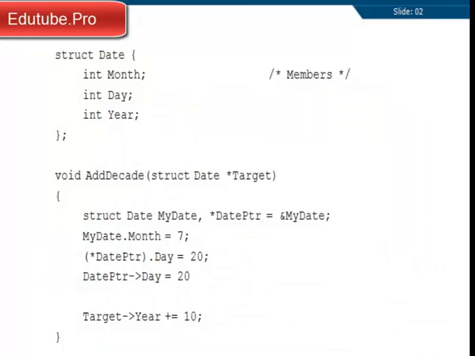So we have our add decade, and we're going to send in a pointer. Notice the asterisk. It's a pointer to a date structure. Remember how to read that? You start at the word target. We come over to the right. There's nothing over here to deal with. So we come back around. This is going to be a pointer to a date structure. All right, that's how you read that. And you go counterclockwise, the way we looked at earlier in an earlier video. So we see that target has to be a pointer to a date structure, and that's what's going to get